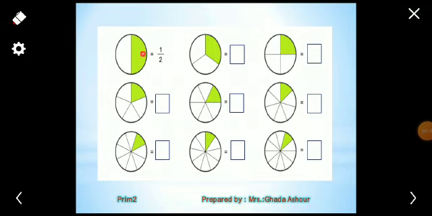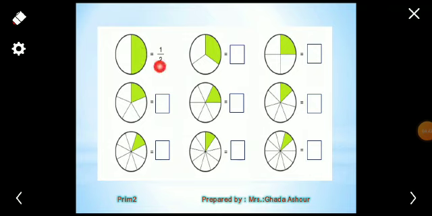So the whole parts equal 2. The whole parts here are just 2. But how many are colored? How many parts are colored? Just one part. Okay, so the fraction which represents the colored part equals